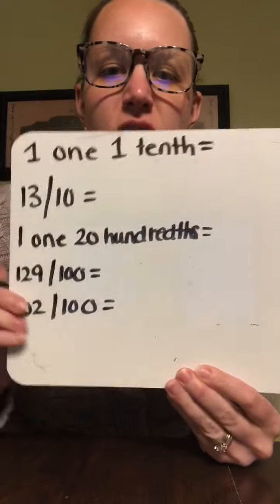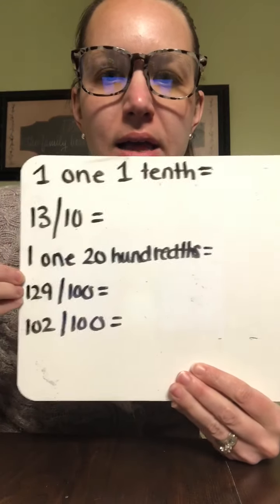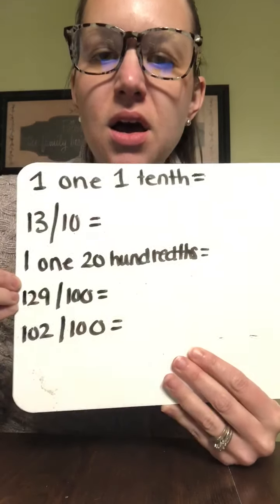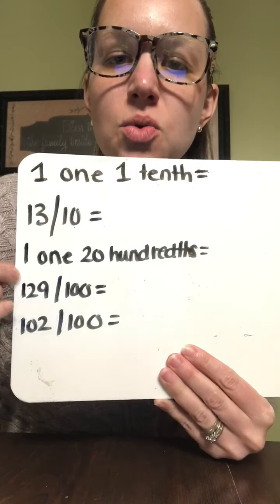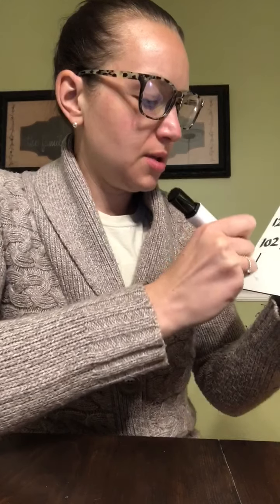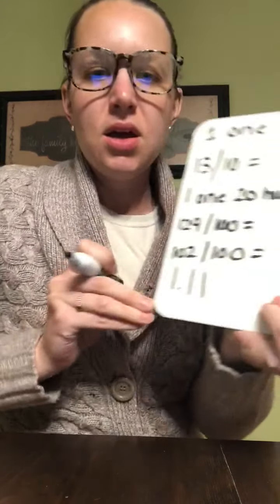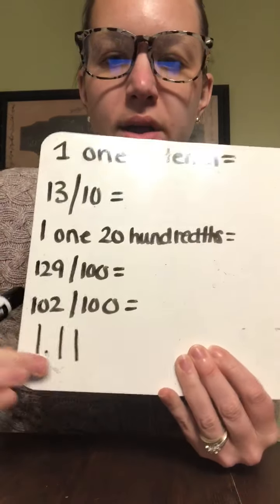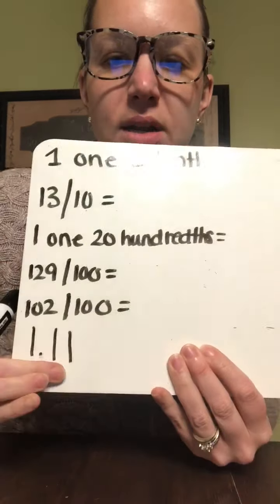So what you want to do is, these are the numbers that were on the very first problem in the Google exit ticket today. There was also one more that I didn't write, but it was already in a whole number and decimal form, which was 1 and 1100ths, or 1.11, however you want to say it, however it makes sense to you. You need to look at this number, see how it's a whole number and then a decimal. You need to turn all of these into a whole number and a decimal,